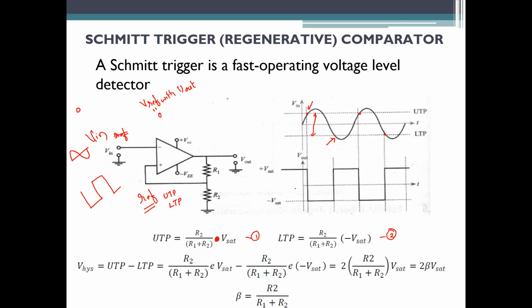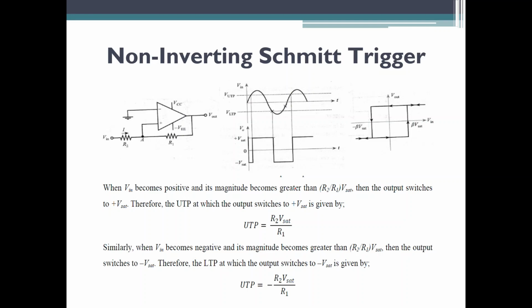So you basically have two voltages. One is your reference voltage and one is the input voltage. You are comparing the input voltage with the reference voltage. When the input voltage crosses the positive peak of the reference voltage, your output will go negative. When the input voltage crosses the negative peak of the reference voltage, your output will go positive. And this is called the non-inverting Schmitt trigger circuit. In a similar manner, you can build an inverting Schmitt trigger circuit also. When I speak about the inverting Schmitt trigger comparator, the circuit looks like this. See, check out here.